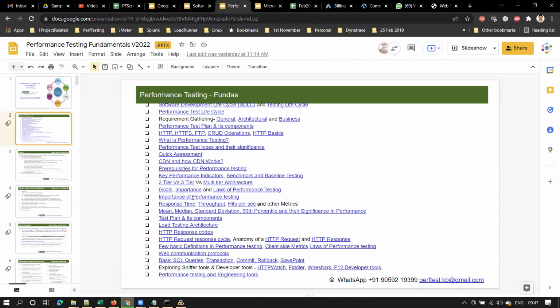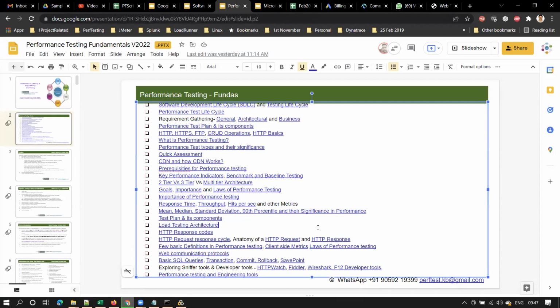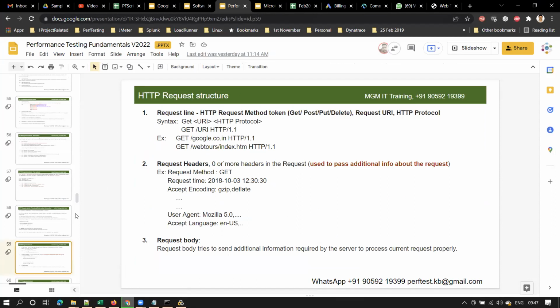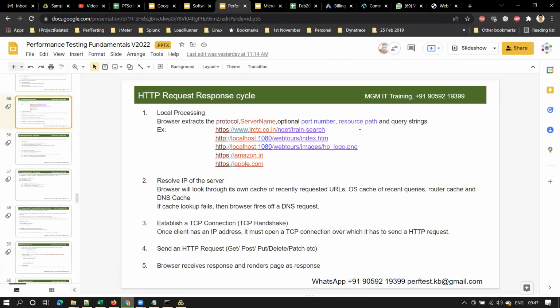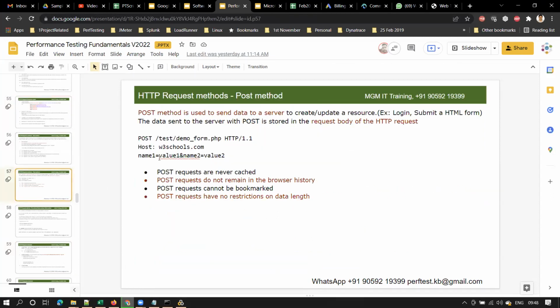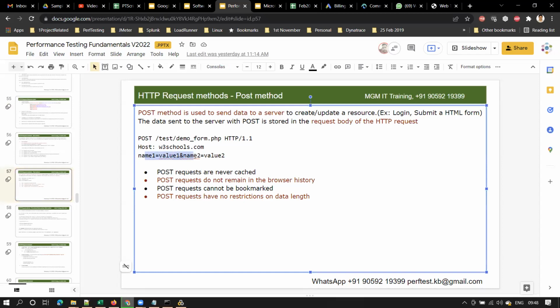Let me go to that particular slide. So here I explained the name value pairs, isn't it? In the get and post method I explained that. Name and value pairs. See, this is one name value pair. This is another name value pair.